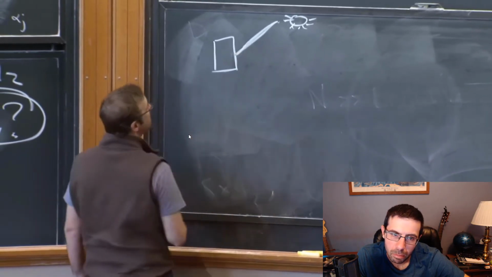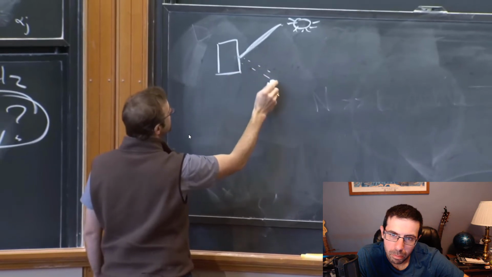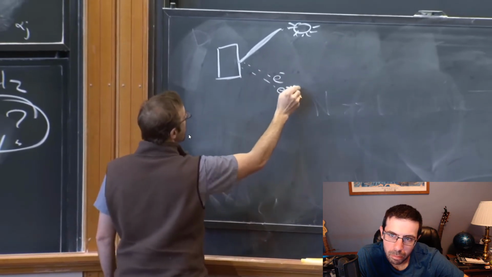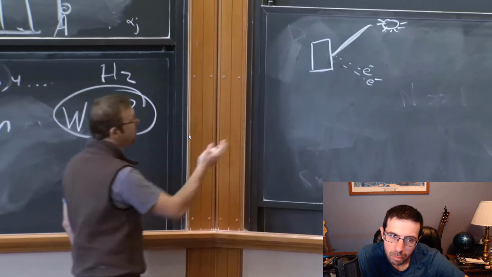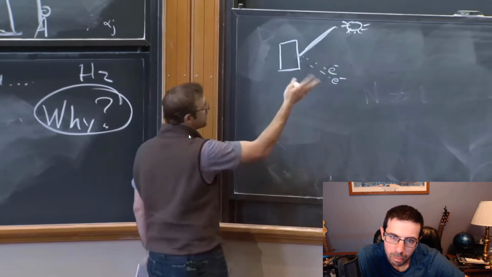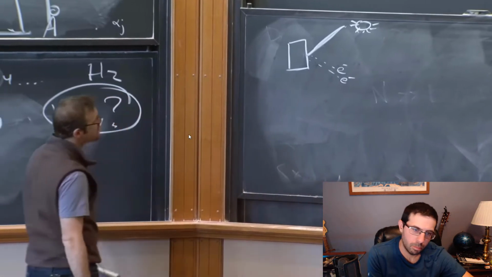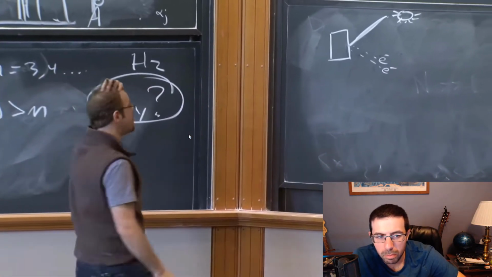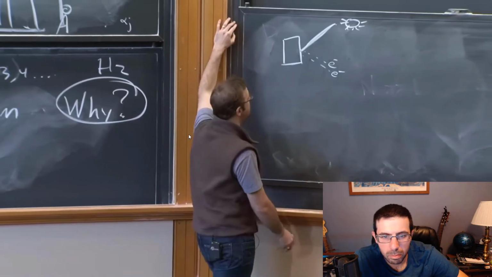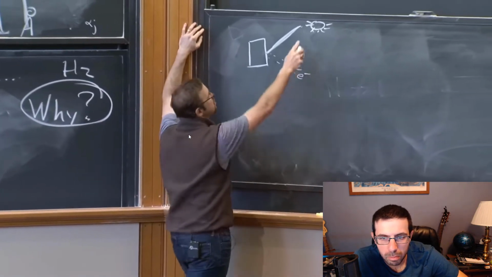You shine light on a piece of metal, and every once in a while electrons come flying off. And the more light and the stronger the light you shine, you see changes in the way that electrons bounce off. So we'd like to measure that. I'd like to make that precise. And this was done in a really lovely experiment. The basic idea is I want to check, as I change the features of the light, the intensity, the frequency, whatever,